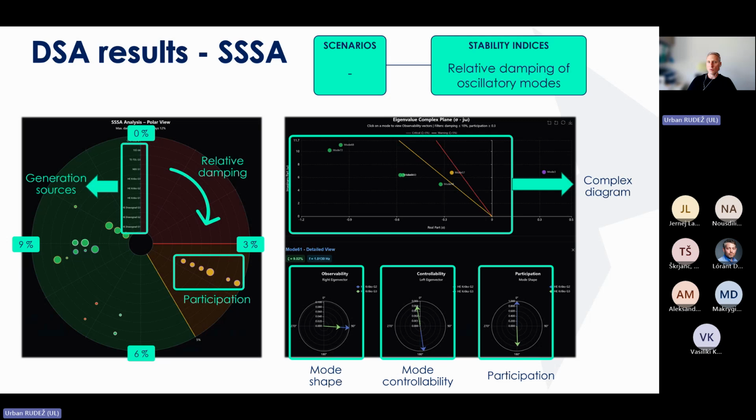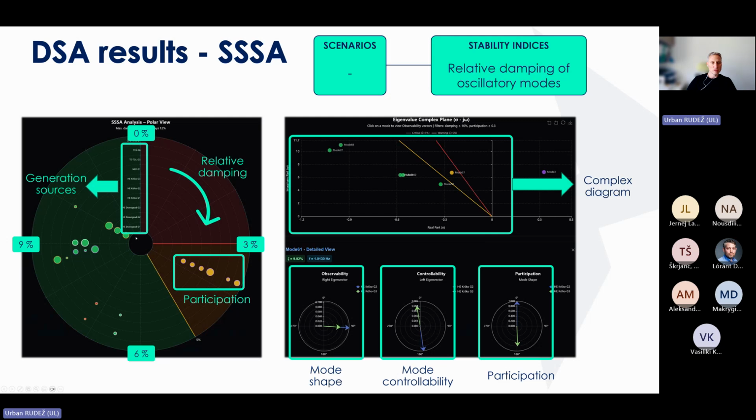Now, the third type of stability is oscillatory stability, or the small signal stability assessment, in which we basically run only one scenario and where the stability index is the relative damping of oscillatory modes. And on the left-hand side, you see the innovative representation of this relative damping, where we have this kind of a clockwise